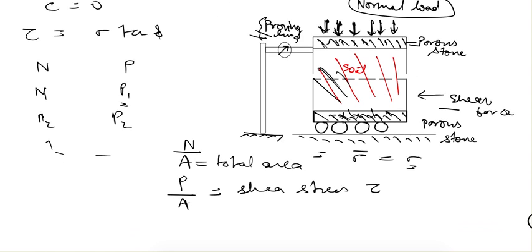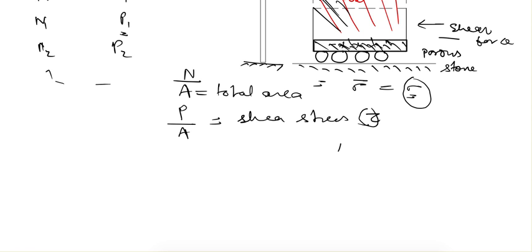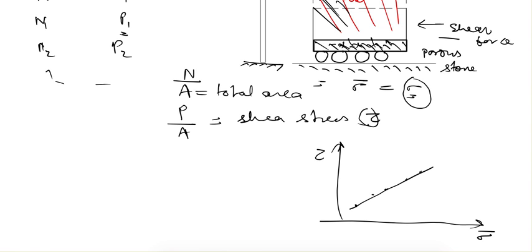So after obtaining different values of shear stress and normal stress, we plot it like this. On this axis this is normal stress, here it is shear stress, so it will go something like this. After joining these points we will find out the value of phi here. Mostly in this case this will pass through the origin, because C is equal to 0. So that's how we find out the value of phi in this case.